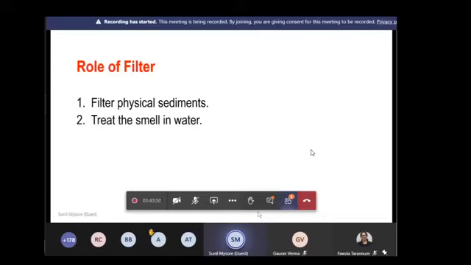And most importantly, like most of the people I meet, there is a psychological need. Even university professors actually ask for it. I need a filter, I can't trust the rainwater. Because as I told you in the previous session, the only possible source of water is the rainwater. There is no other source of water in the world. So if you don't trust the rainwater, what water will you trust? That's the question.